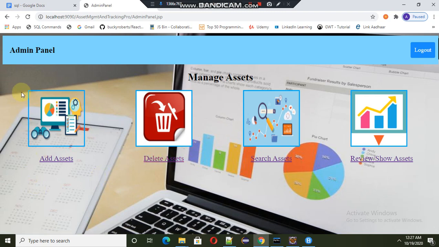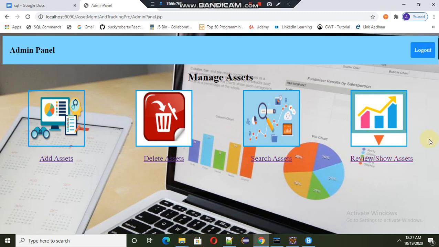So this is the admin panel where all the admin services are available, like the name of the application says, asset management and tracking. So all the assets available in your organization you can manage, like add your assets, delete your assets, search the available assets, and review or show the assets.